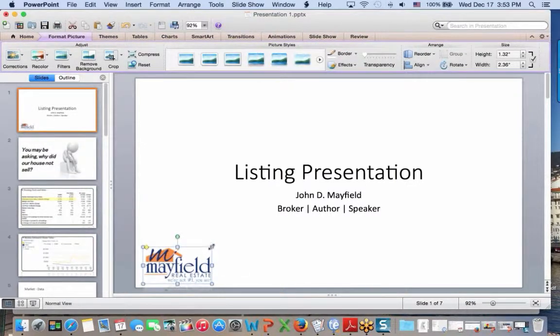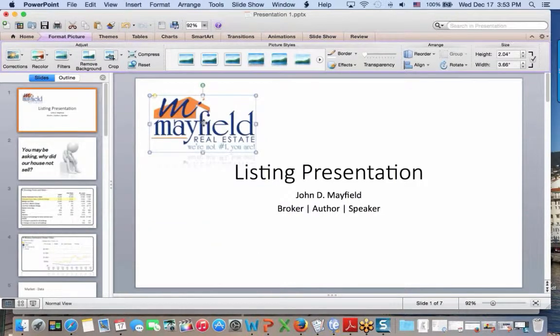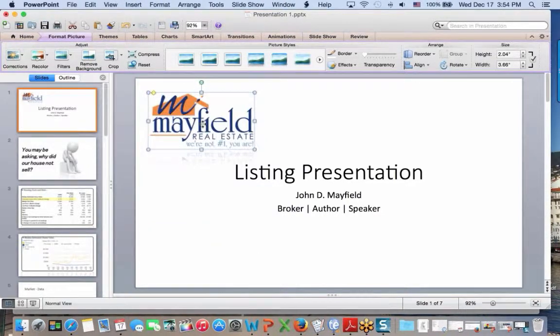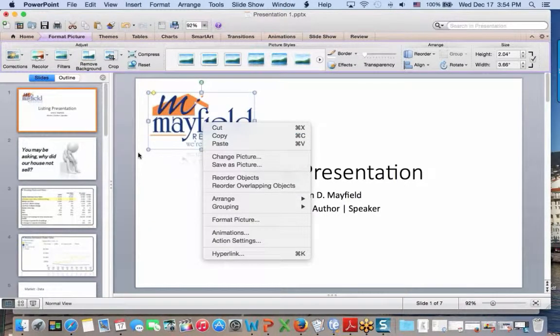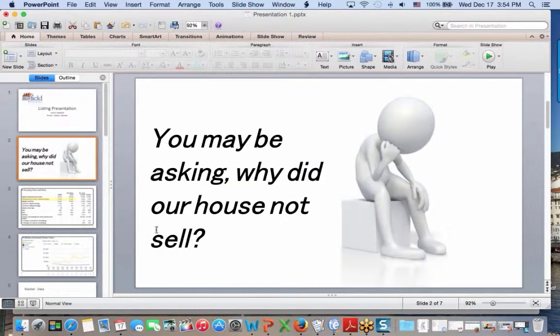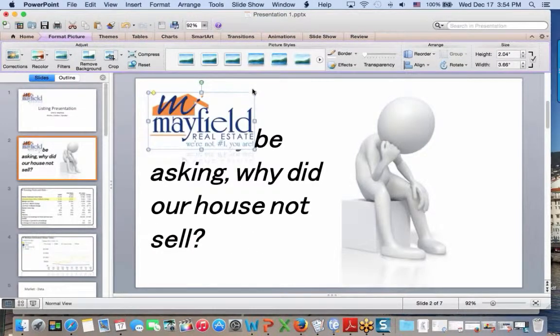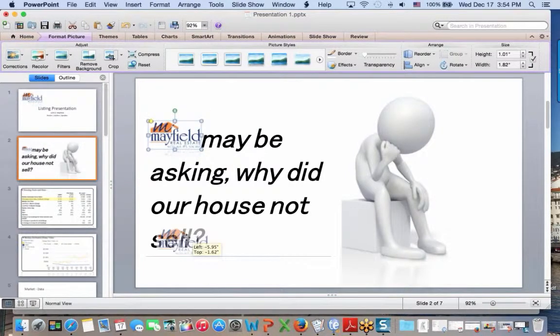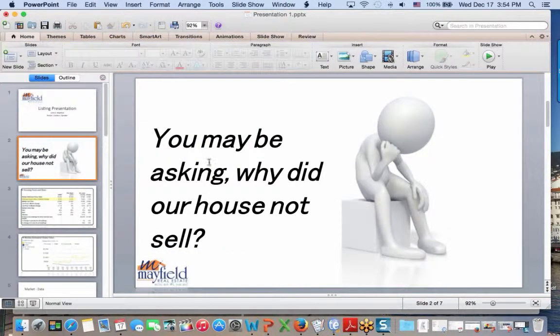Whatever, if you're branding this, you might have a bigger logo on the front page. And then here on the other pages, I'm going to paste that logo. You might want to have something quite a bit smaller. And then you may want to include a text box down here at the bottom